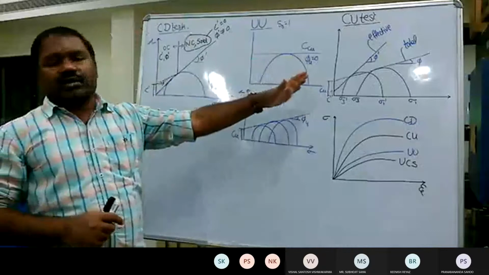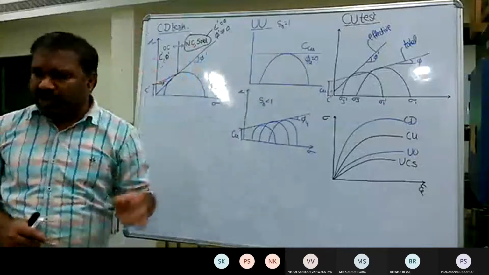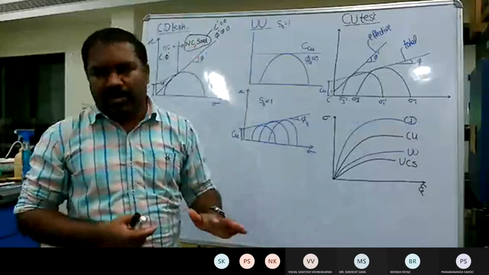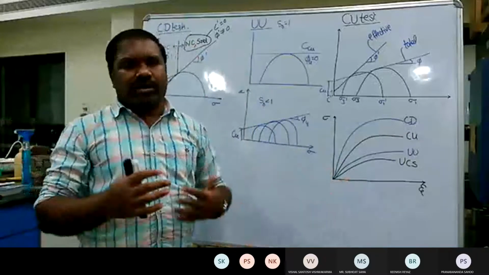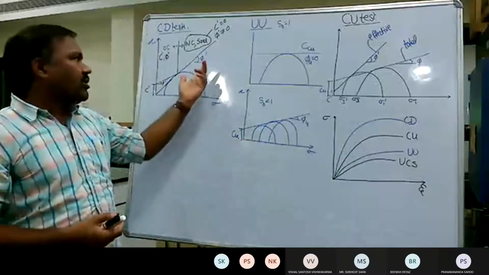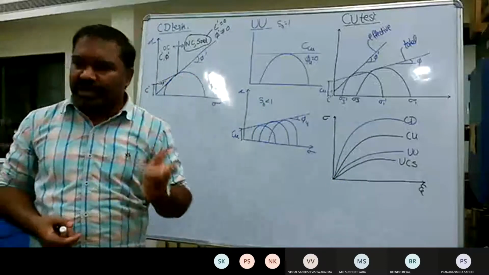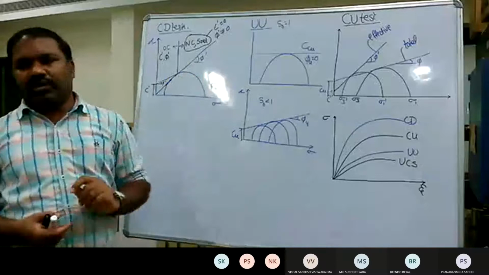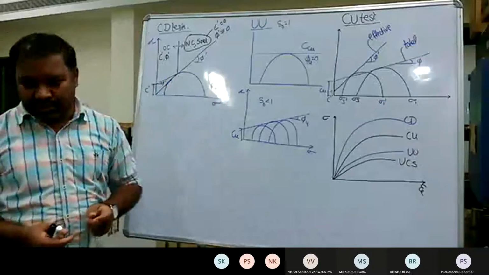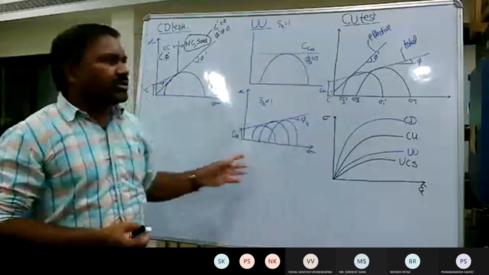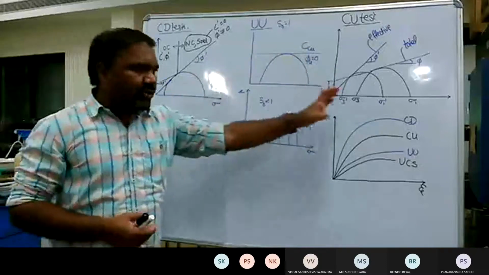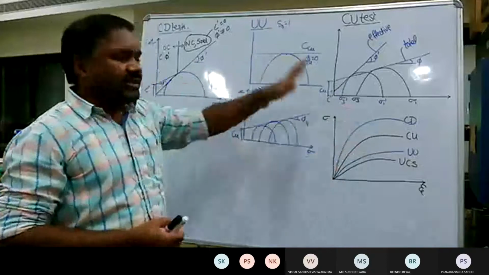So when you conduct the different tests, or the other way around of understanding this: in the presence of water and in the absence of water, the behavior of the soil is completely different. In the absence of water, it behaves more or less like a frictional material. In the presence of water, it exhibits both frictional behavior as well as cohesion. That's the meaning of all this, the Mohr-Coulomb failure envelopes. These are the most fundamental concepts that we need to understand.